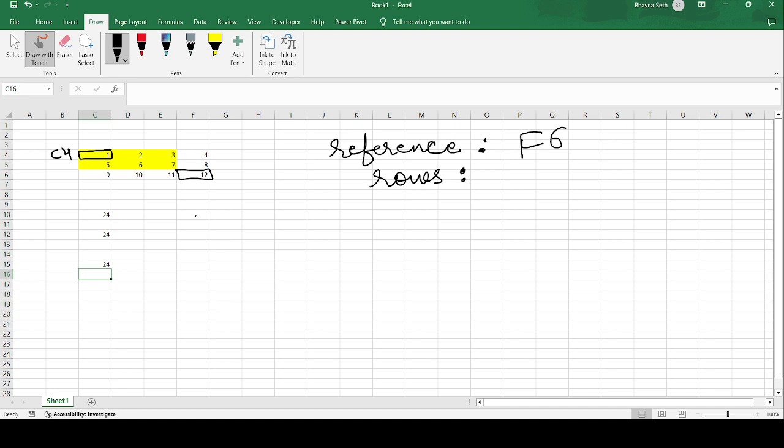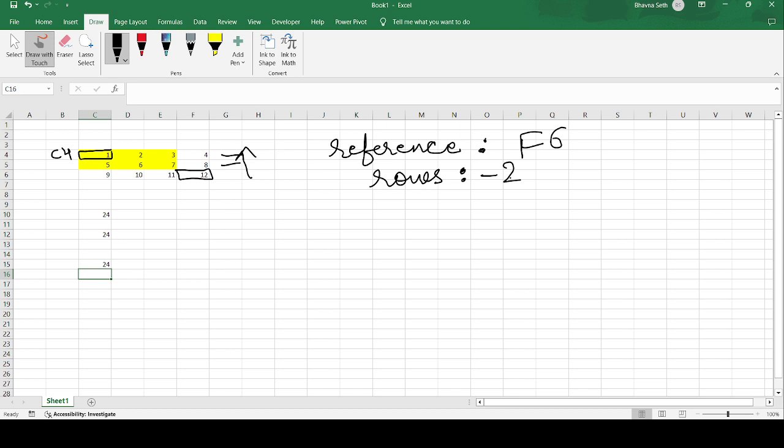So we want to move in the upward direction by 2 rows. This is 1 row, this is 2 rows in the upward direction. So we write minus 2 here. Had we wanted to move in the downward direction, it would have been plus 2, but here we are going in the upward direction, therefore it is minus 2.